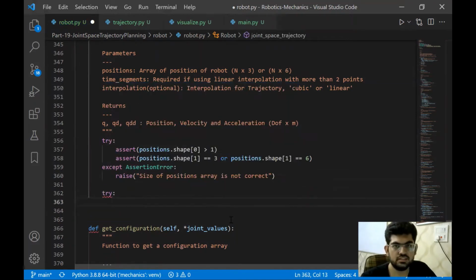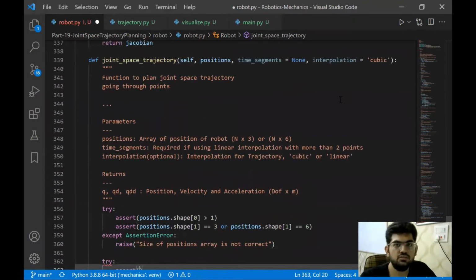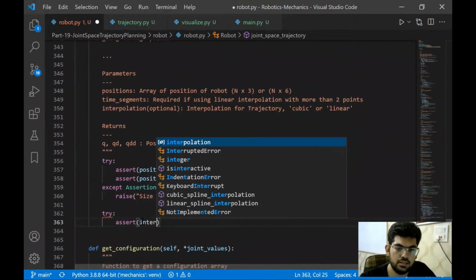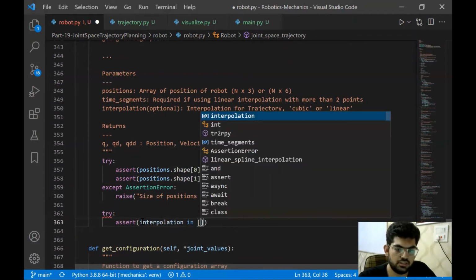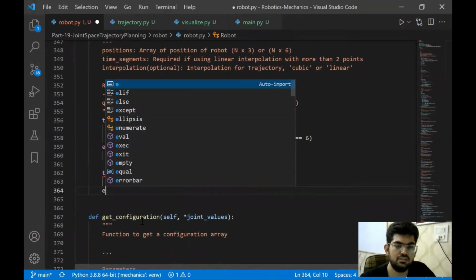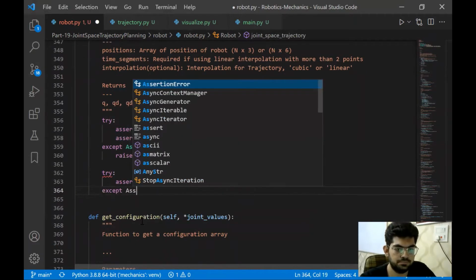All right, one more assertion that we require over here is for the interpolation. If the user by mistake enters some other keyword other than cubic or linear, then we should also return an error. So let's do that. We check whether the interpolation is in the accepted options, and if it's neither one of these, then we are going to raise an error.